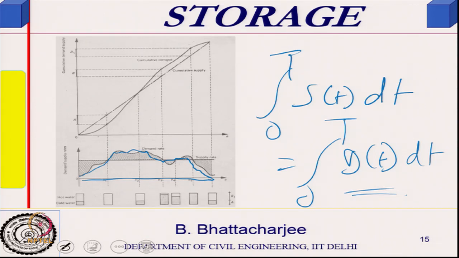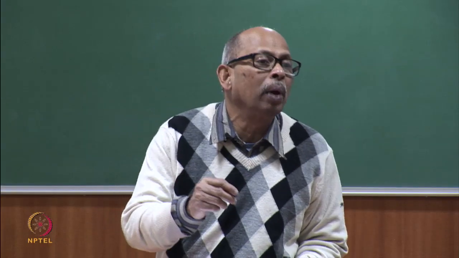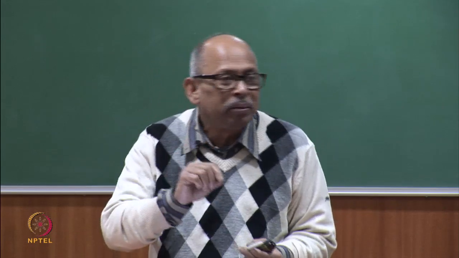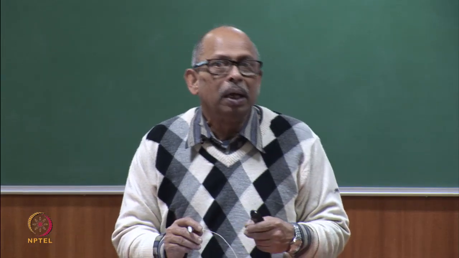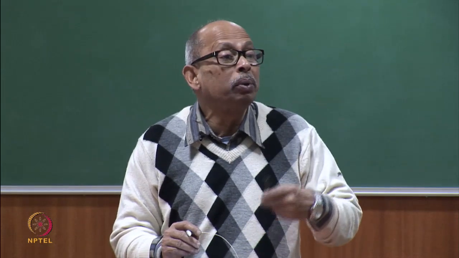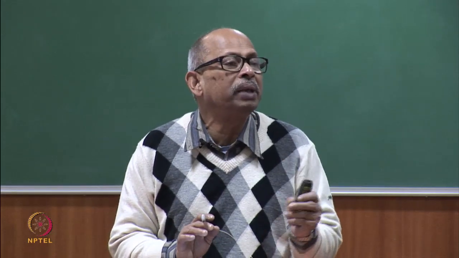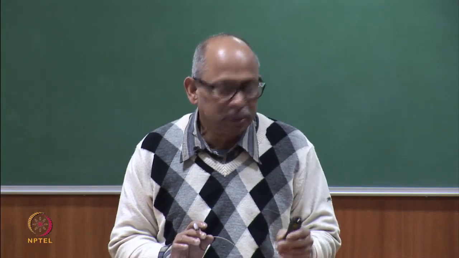Now, if I want to find out the minimum supply rate which I require to satisfy this demand profile, which is given by this, let us say we keep it constant. Usually we keep the supply rate constant. Why? Because it is difficult to vary it with time, which means that you have a controller and feedback system, and depending upon the demand you try to vary it, which is not easy. Possibly with a very good control system one can do it today, but generally this is not done. The simplest thing is to have a constant supply rate.